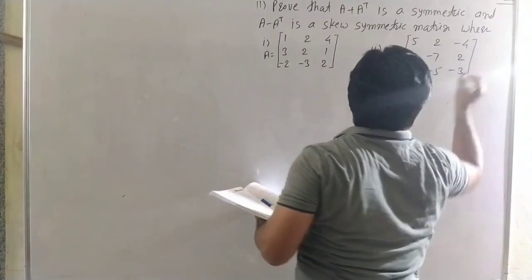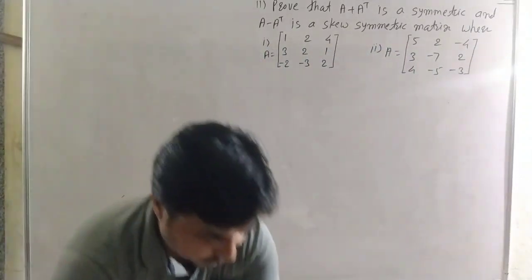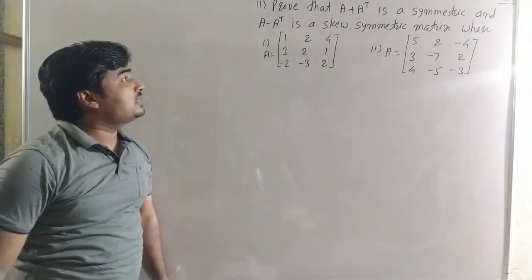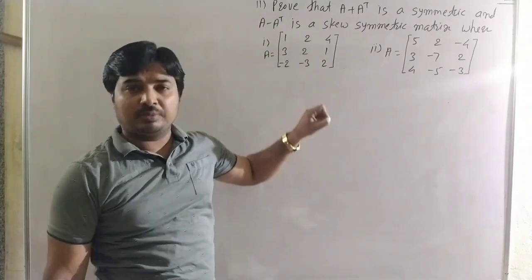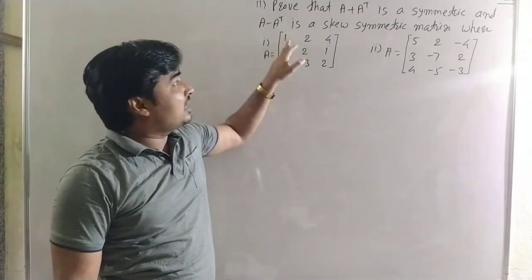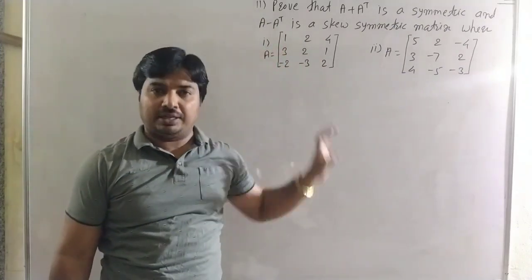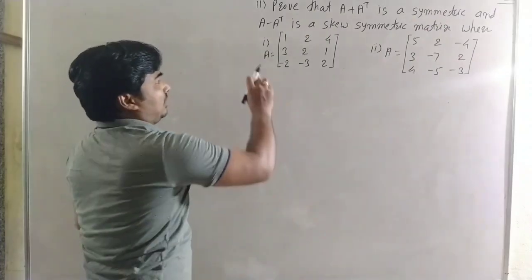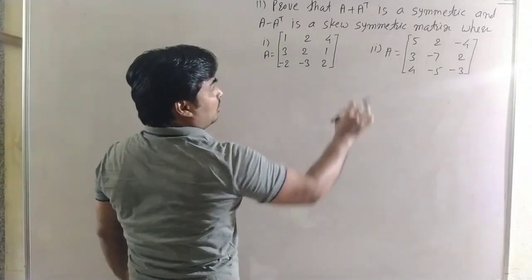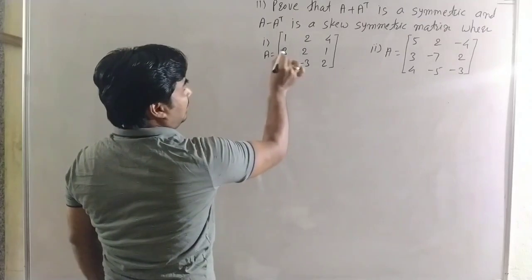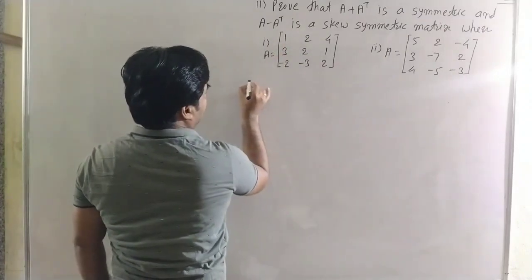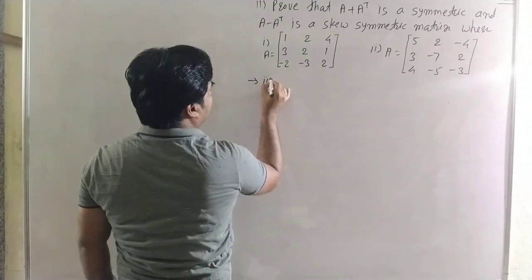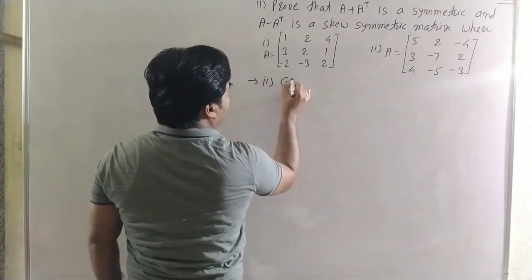Okay, these are the two examples. In this we have to show A plus A transpose is a symmetric matrix and A minus A transpose is a skew symmetric matrix. Now, there are two examples. We solve the second example, and the first example is for homework. Okay, in the second example, it is given